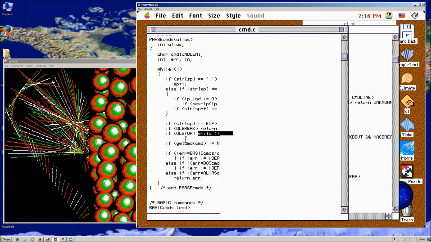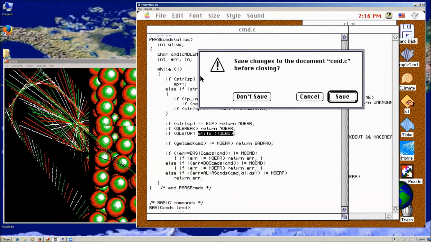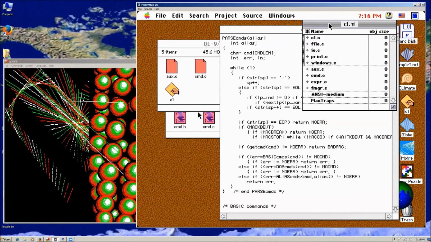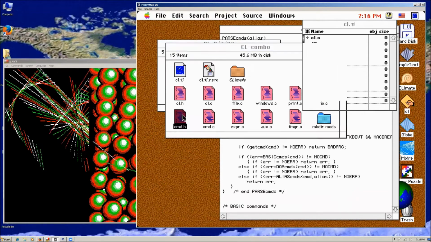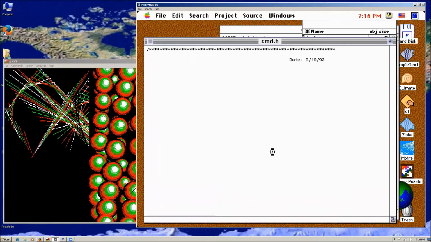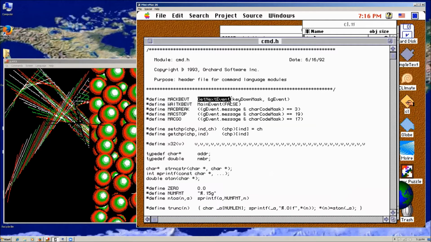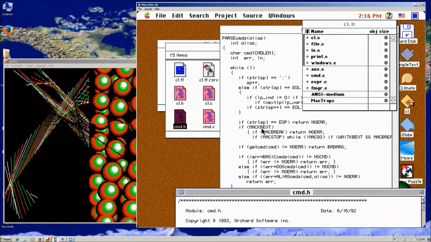So again, I'm going to close this for now. I'm not going to save it. And if you look at now the header file here, and the header file is going to be this one right here. You can see that the way these have been written, Mac keyboard event is actually get next event. Specifically, I'm calling get next event. So now here, right here,